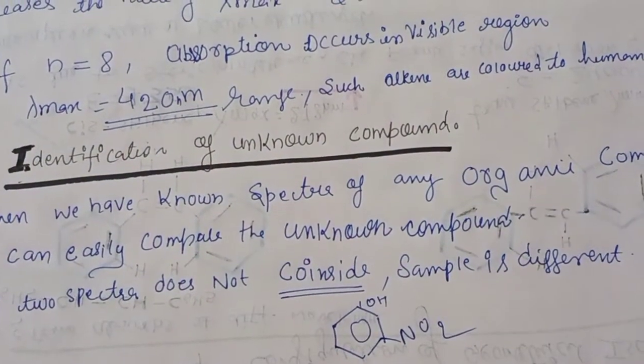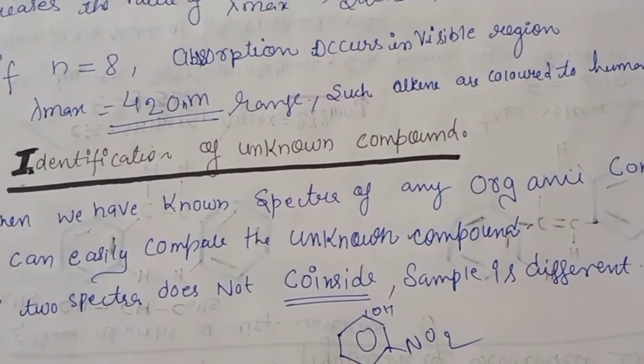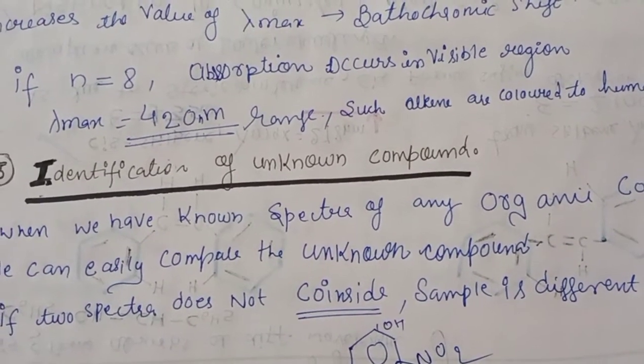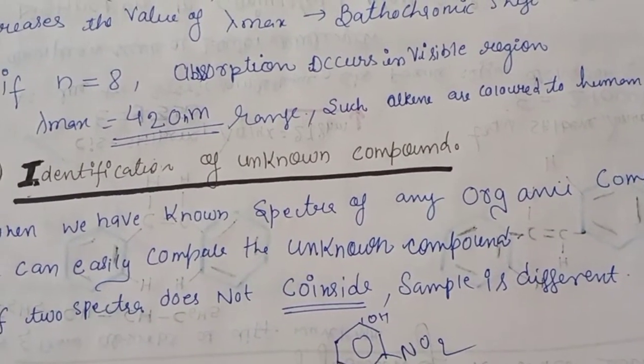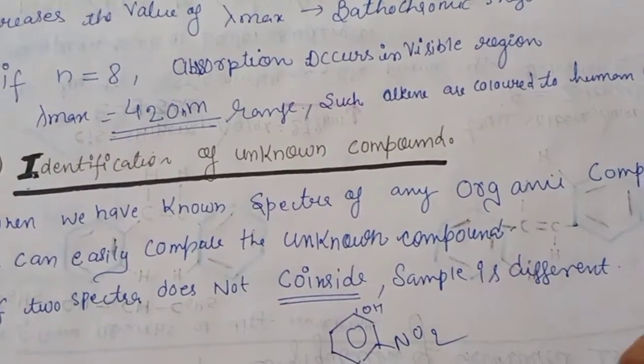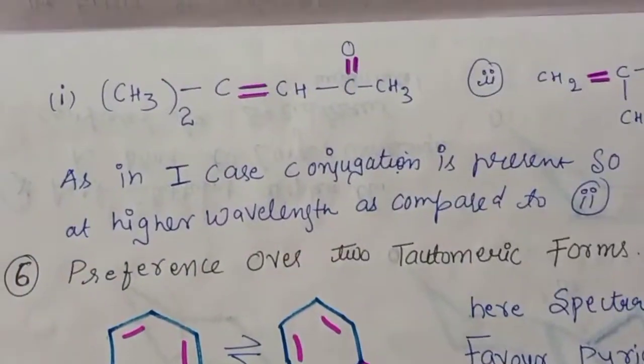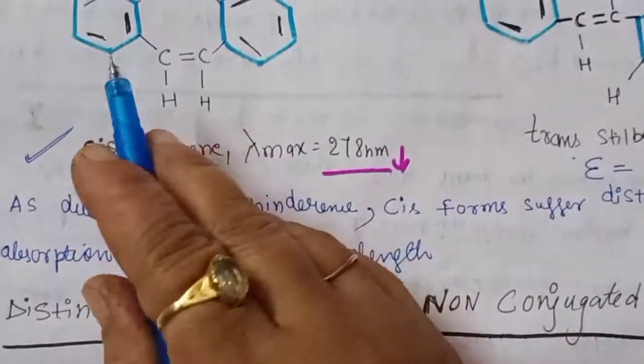Just in the same manner we identify samples from other planets. They give some sample saying that this compound is found in this area, and we just have to identify the nature of the compound, whether it is a known or unknown compound. So the next application is the determination of